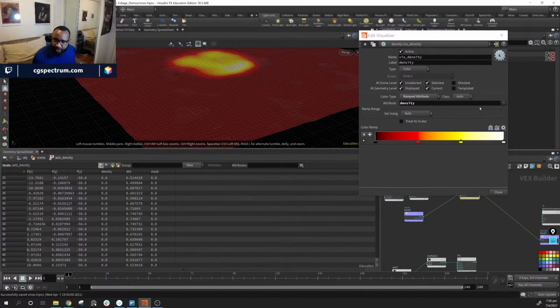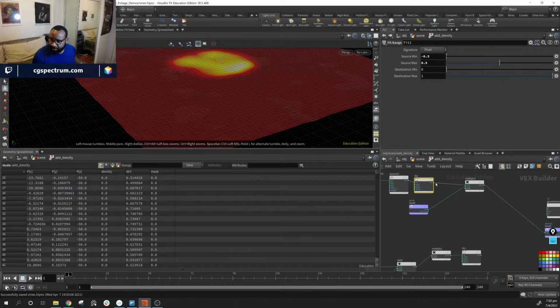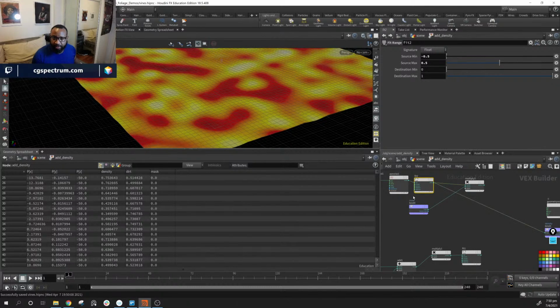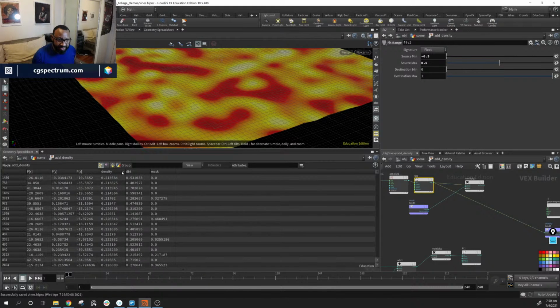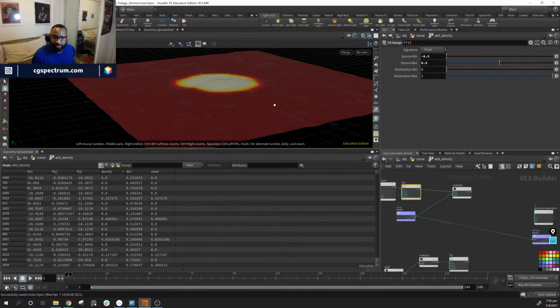Yeah, so I'm not getting my noise in here for some reason now. Let's see. Let's plug this into here. Yeah, there's my noise. So density goes between 0.2, so a very low value and a very high value. And then this guy should have